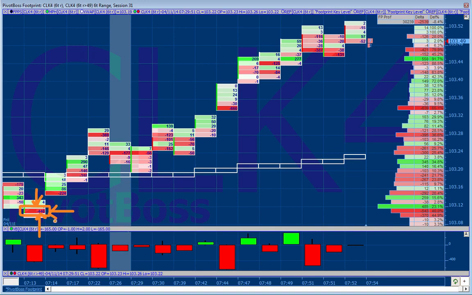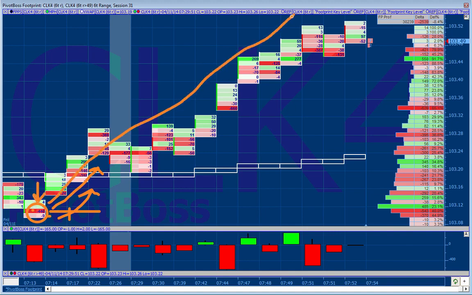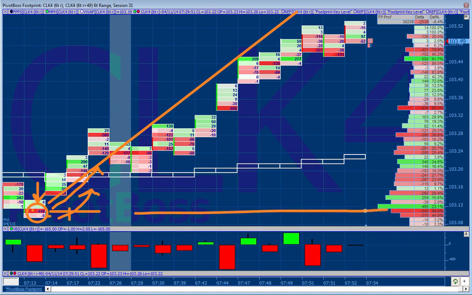But if there's 440 contracts here, just think about it from your end. If you sold 440 contracts and price goes in your favor by just one tick, you're going to want to get out of Dodge as fast as possible. And this seller, after they sell, to place that order, you become a buyer. So if price is going to go against you, to cover, you must buy. And this seller single-handedly started this move.